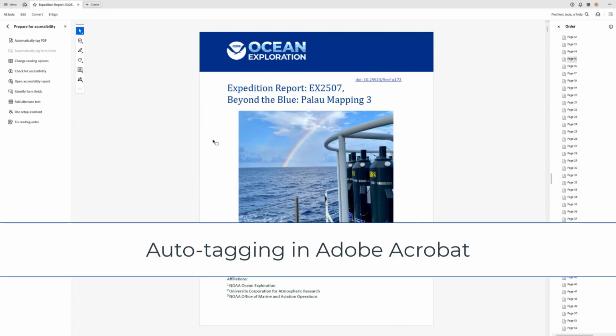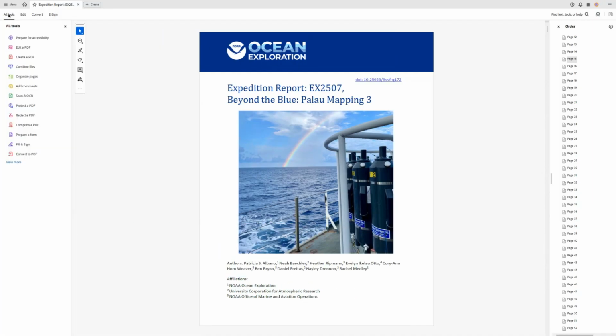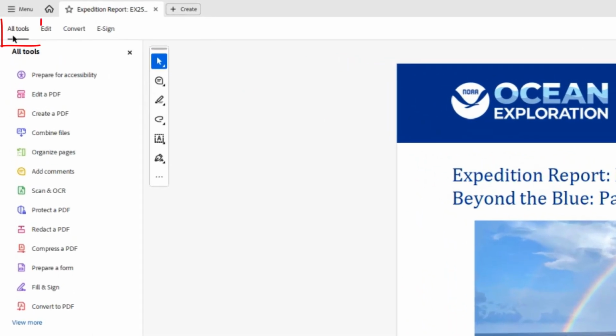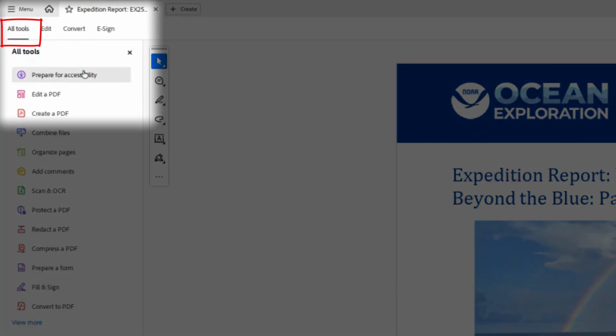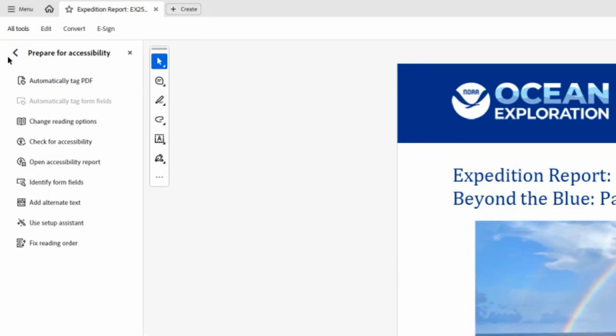Adobe Acrobat has an auto-tagging feature where it automatically detects and assigns tags. This can be helpful whether your document was born digital or scanned and converted using optical character recognition, or OCR. In order to use the auto-tagging feature, you'll bring up the All Tools option in Adobe Acrobat, and then Prepare for Accessibility. Once you've selected Prepare for Accessibility, this top option, Automatically Tag PDF, can be used to tag your